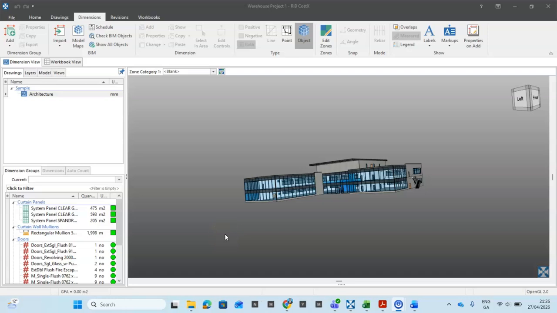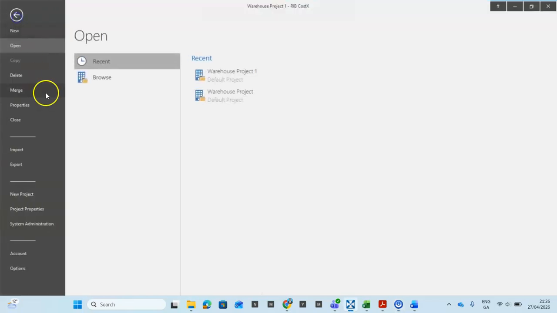Alright, in this video I will be showing how we build a rate library in CostX and also link it to our quantities, or possibly transfer against quantities in our workbook to generate our estimate or produce our bill of quantities. To build our rate library, you will either click on the File tab over here and